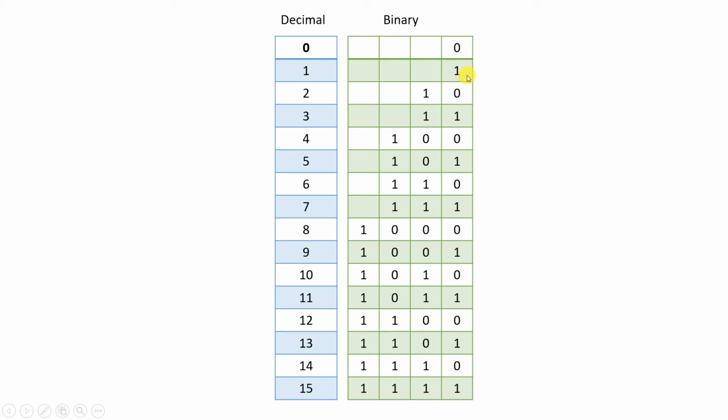If you want to represent a value or a quantity greater than 1, then we should take a combination of the two numbers. So it is 10, then 11, then 100, 101, 110, 111, 1000, and so on up to 1111. So you can see that on the same principle as we have seen in the table of decimal numbers, we have developed the binary number system up to 15. So 0 to 15 are represented over here as binary numbers.